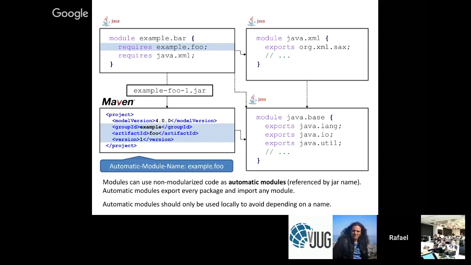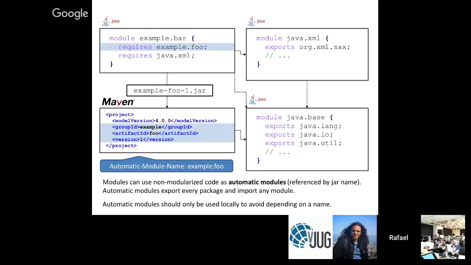I think Google got the name actually, but it's not Guava, at least, because the recommendation for these automatic module names is not to use the jar file name, but to use the root package name to avoid collisions, because modules cannot have the same name, right? So you can get started with modules more or less right away, even if your dependencies are not modularized. That's also true for your applications, of course. You can start to modularize the low-hanging fruit, and you don't have to do it in a particular order,